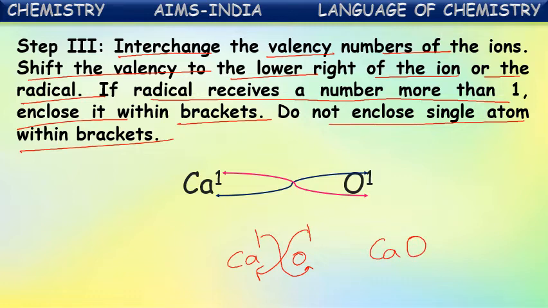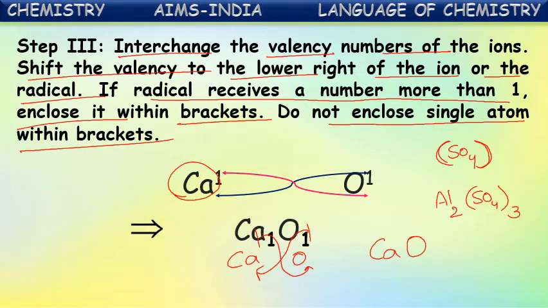And one more thing he is asking: what is in the brackets? Here you have taken ions. Sometimes radicals will be present, like SO4. In such a case, while you are crisscrossing, you should keep them in brackets. Like we kept in aluminium sulfide, Al2(SO4)3. This SO4 we kept in brackets while writing 3 because SO4 is a group of atoms. While writing 2 for Al we did not keep brackets, because it is a single ion. But SO4 is a group of atoms, it is a radical. That's why we kept it in brackets and wrote the subscript.